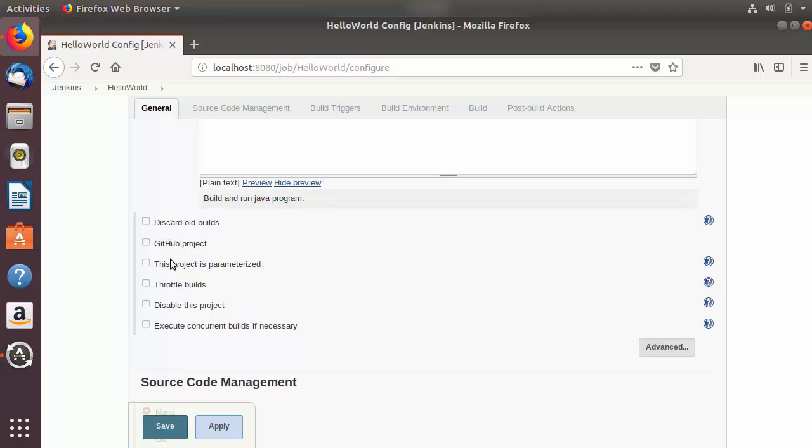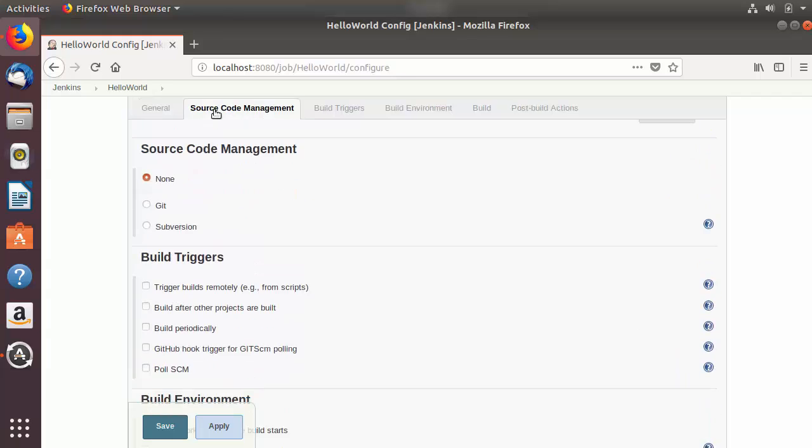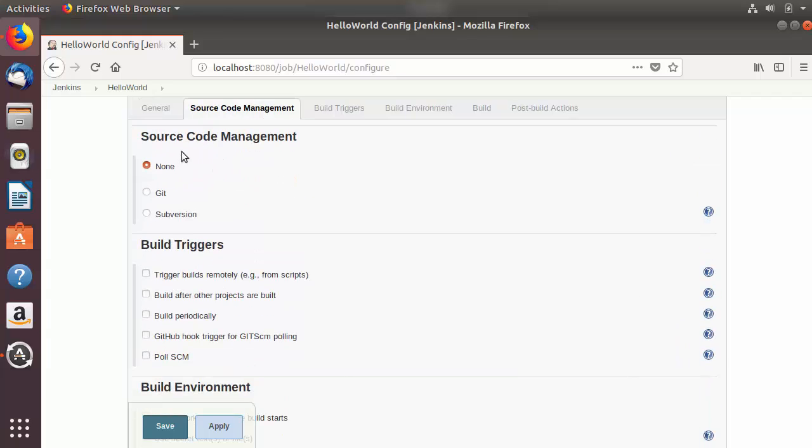So just leave everything as unchecked, and we will move to the next section, which is source code management. Now, by default, you will see three options here. One is none, second is Git, and third is Subversion. So for now, we will choose the none option because we will not be using any source control management system